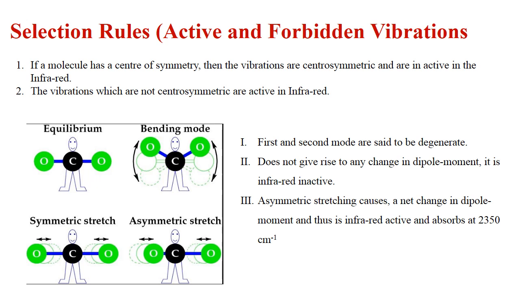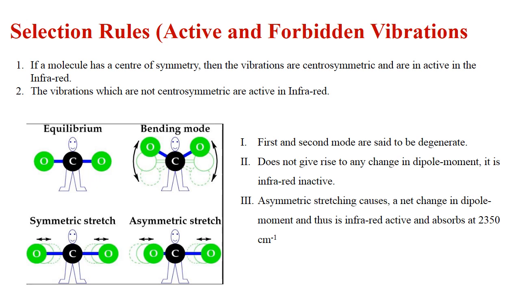Rotational degree of freedom, we have discussed that the rotation of a molecule about an axis through the center of gravity, and since we are concerned only with the number of fundamental vibration modes of a molecule, because that is only going to correspond to the different types of bonds in the IR spectrum. So we have calculated the number of vibrational degrees of freedom of a molecule, and since only three coordinates are necessary to locate a molecule in space, we can say that a molecule always has three translational degrees of freedom.